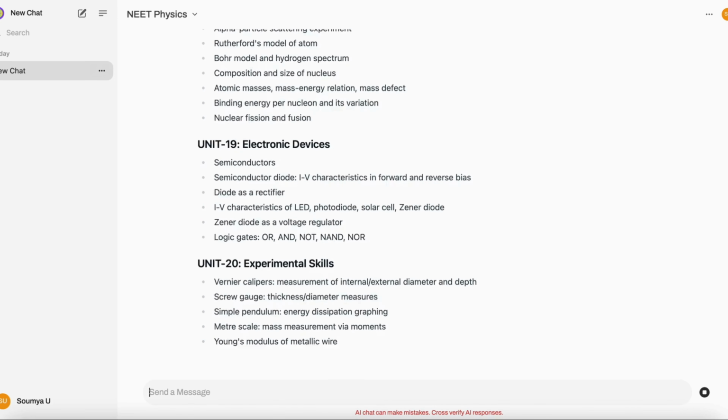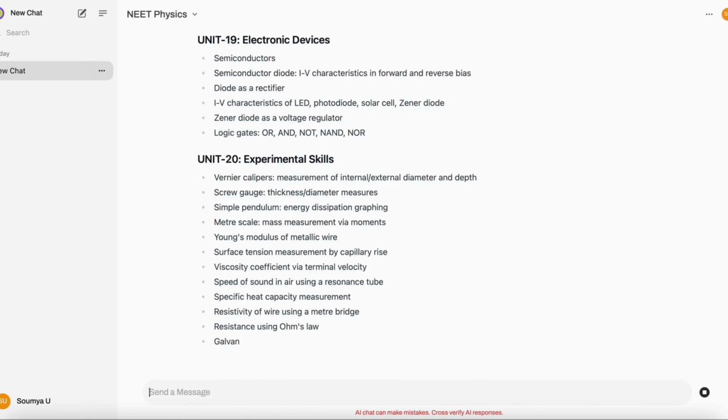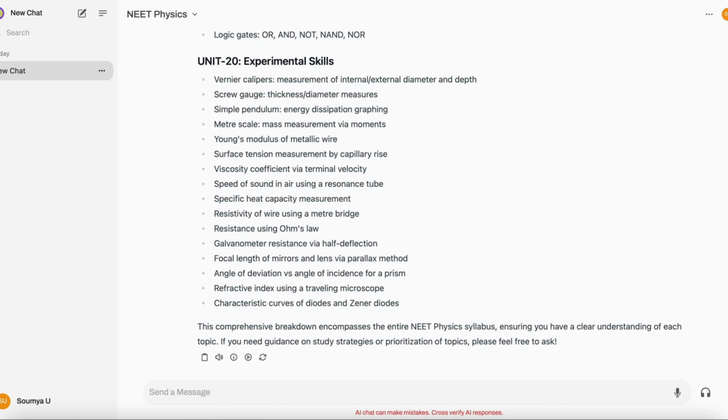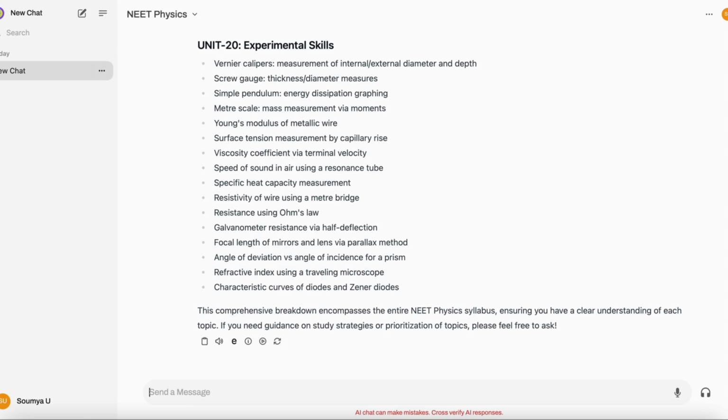Unit 20, Experimental skills. Vernier calipers, measurement of internal and external diameter and depth, screw gauge, thickness and diameter measures, simple pendulum, energy dissipation, graphing, meter scale, mass measurement via moments, Young's modulus of metallic wire, surface tension measurement by capillary rise, viscosity coefficient by terminal velocity, speed of sound in air using a resonance tube, specific heat capacity measurement, resistivity of wire